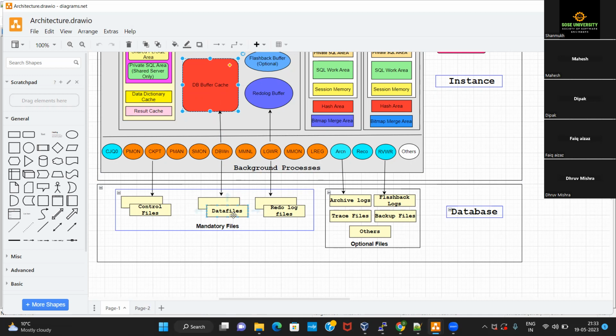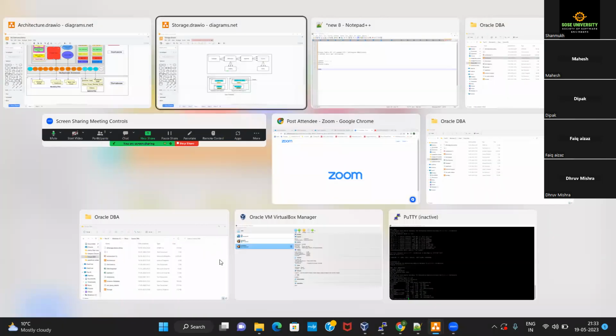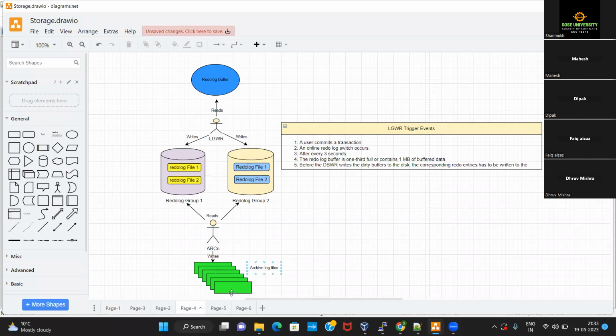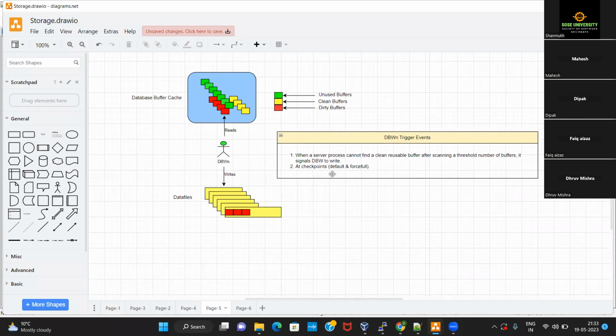Yes, Dhruv, one doubt. Go on. How will the DB writer come to know when it has to write the buffer into the data file? Yeah, so that's what we discussed here in this diagram. So the first event is